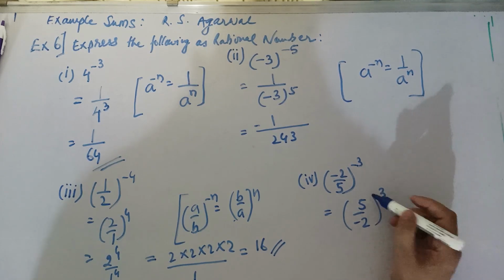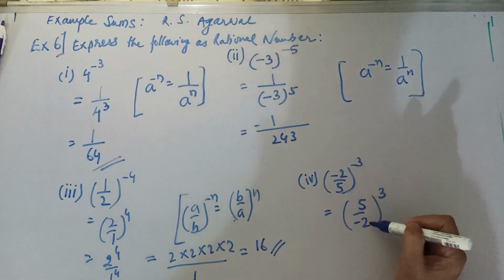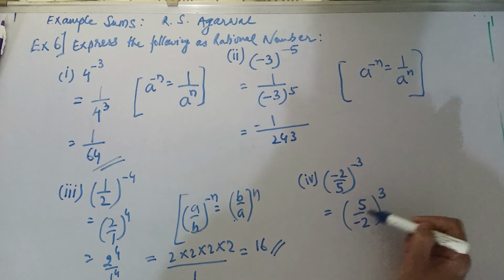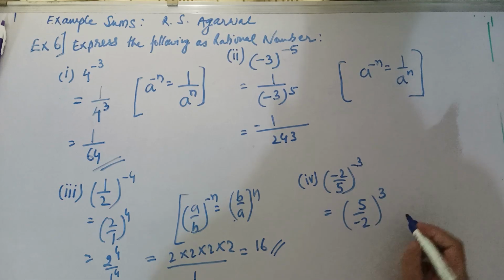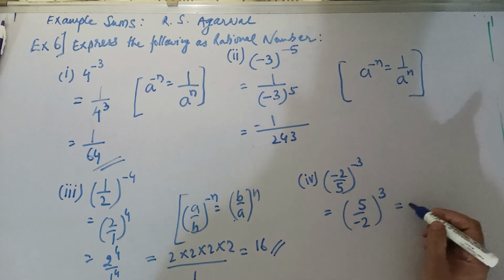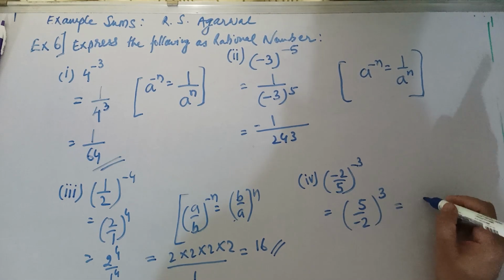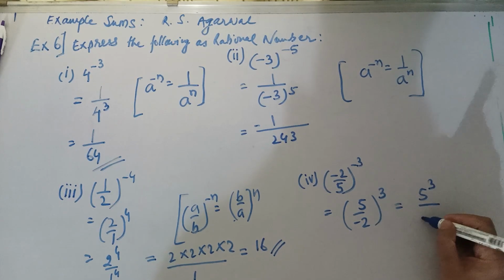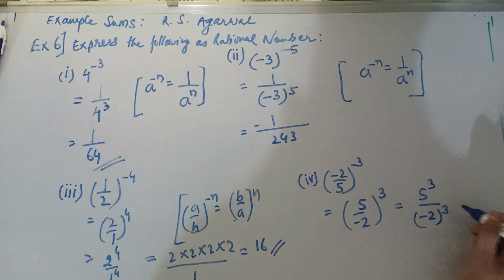Remember, the sign of the base will not change, because whenever we are reciprocating, we don't change the sign. So 5 upon minus 2, raised to 3. This will give you 5 raised to 3 upon (-2) raised to 3. And 5 raised to 3 is how much? 5 into 5 is 25, 125. The minus sign can be taken into the numerator, and